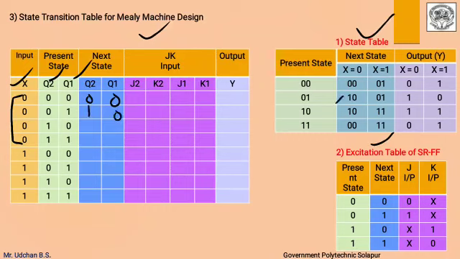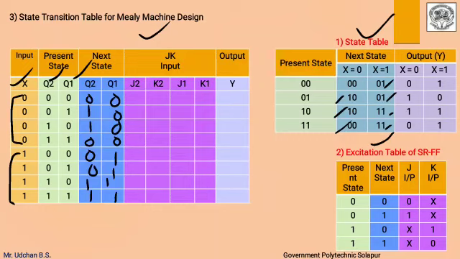again 10, again 00. After that I will write next state values when x is 1, that is first one is 01, second one is 01, third one is 11, and last one is 11. So after this I have to write the j and k input by comparing the values of q2 for j2 k2 and q1 for j1 k1.